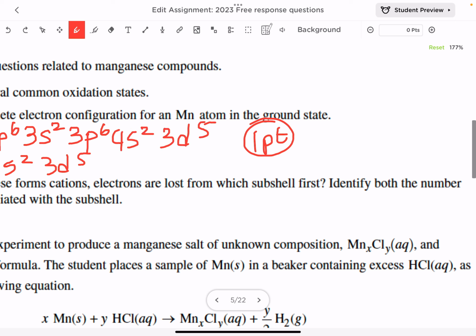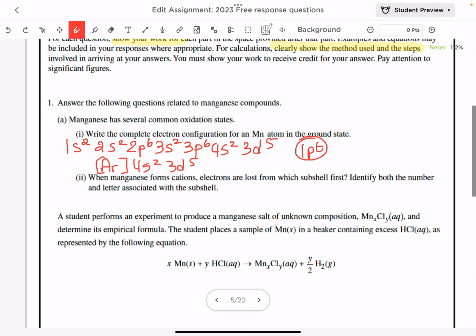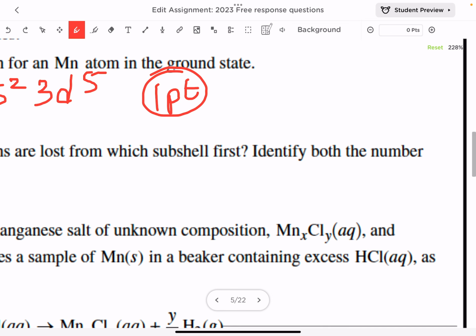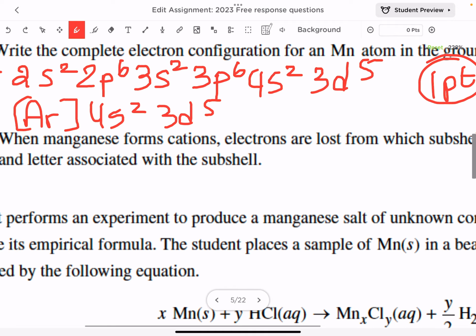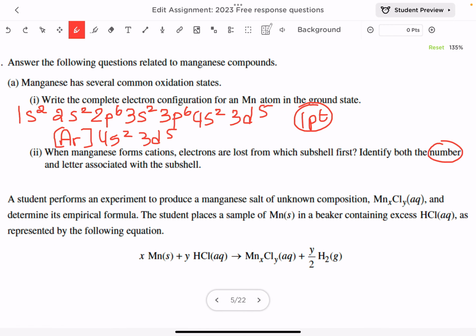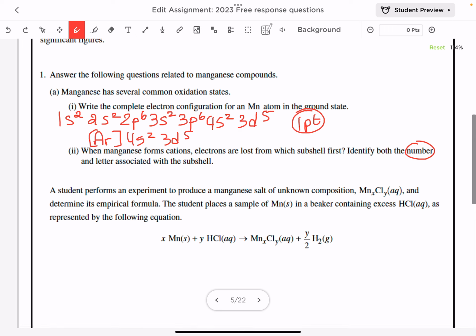Now, the next question: when manganese forms cations, electrons are lost from which subshell first? Identify both the number and the letter associated with the subshell. When an atom wants to form an ion, it loses electrons, especially since this is a metal, and usually electrons are lost from the highest filled sublevel. So the highest filled sublevel: this is sublevel 1. These are sublevels on energy level 2. And here, the S, the P and the D are the sublevels of energy level 3. Since there is 4, it means that 3 is not the highest sublevel,